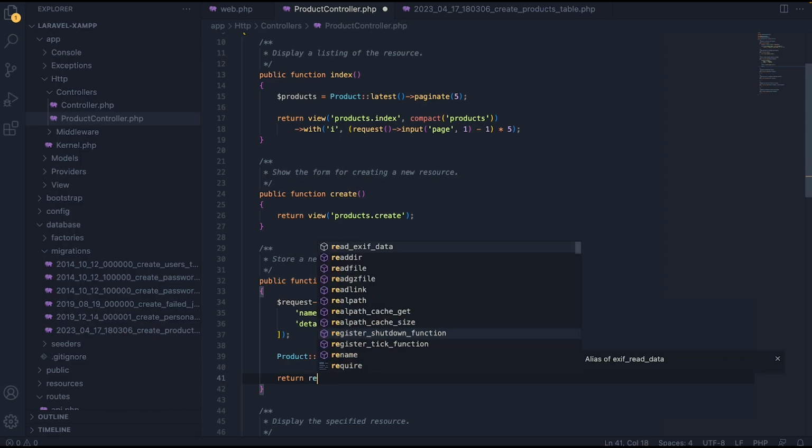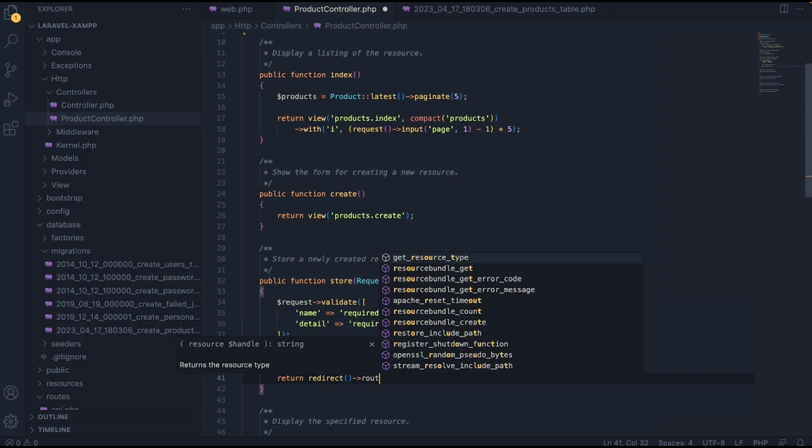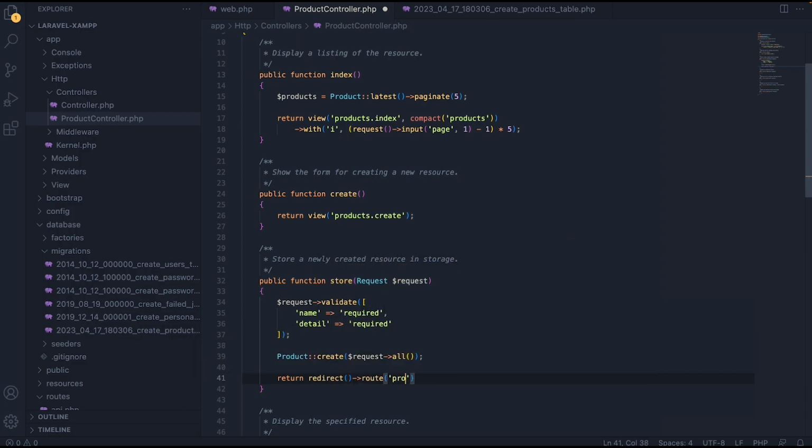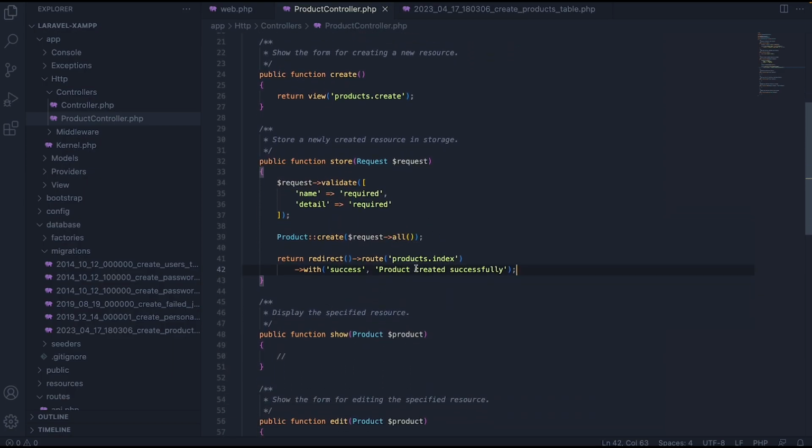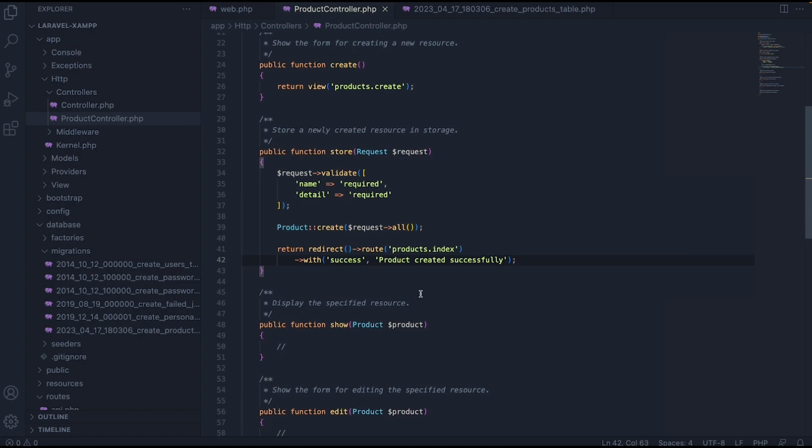Then in the next line I'm going to return a redirect to the route, and inside the route I'm going to type products.index. And we're also going to call the with method, so we're going to return a message, and this is going to be a success message, and the success message will print out, let's say, product created successfully. So once we are done editing the store method, we'll move on to the next one, which is the show